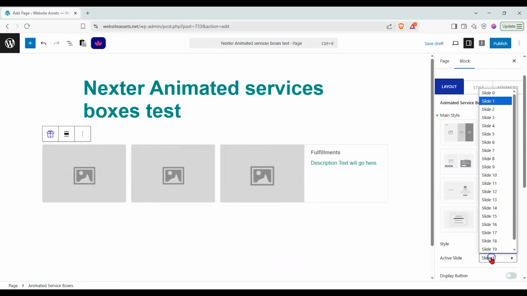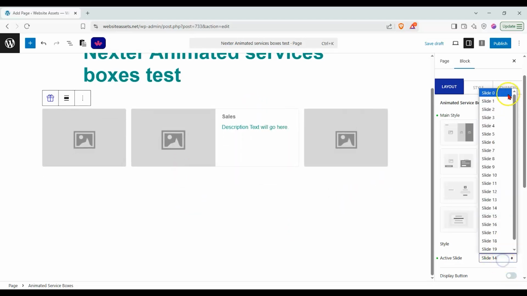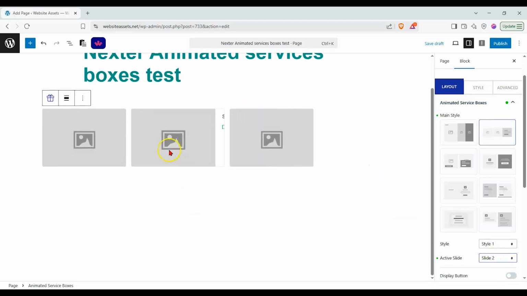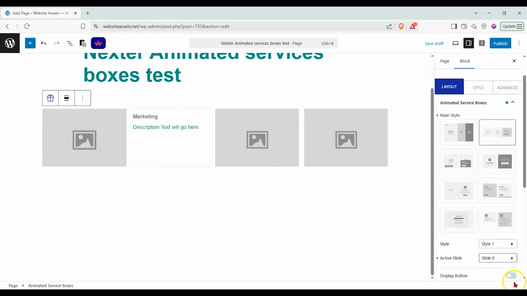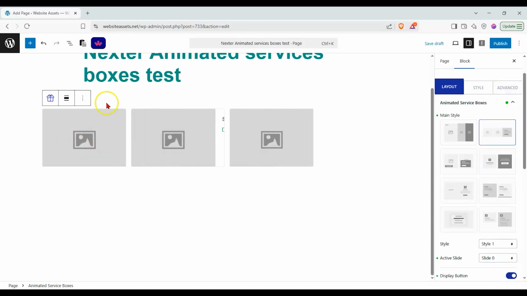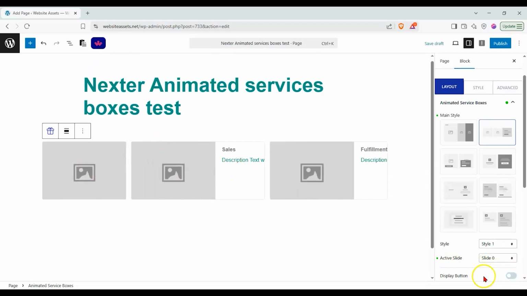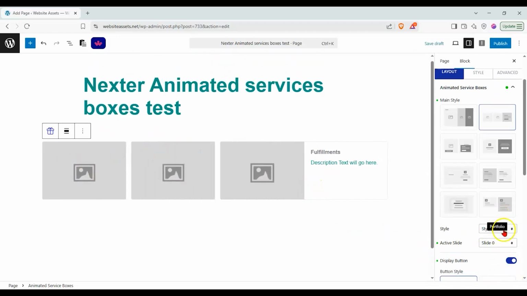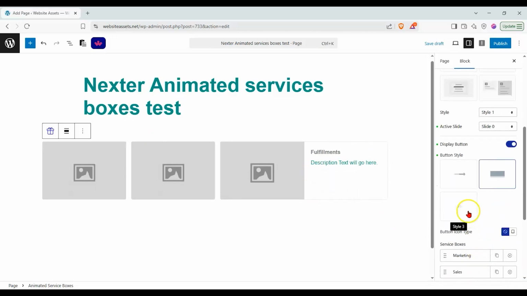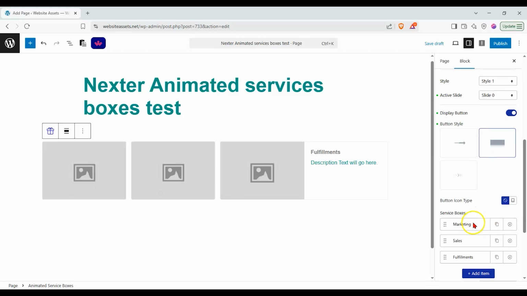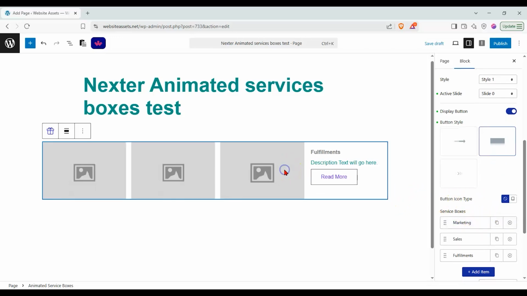And then we have a few different slides to choose from. So like active slide could be number 2. That could be the open one, or slide 0. And we can also have a display button open for these, you can see. And we can also change the button over here, and there's a few other styles that we can choose from. And then we'll have our